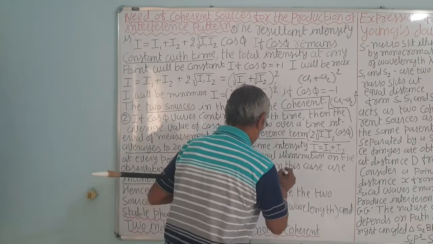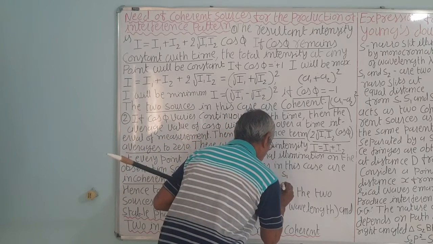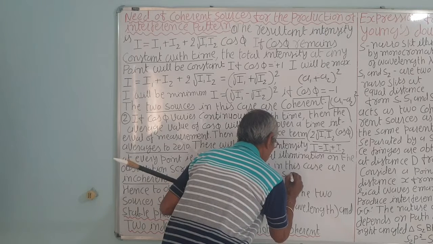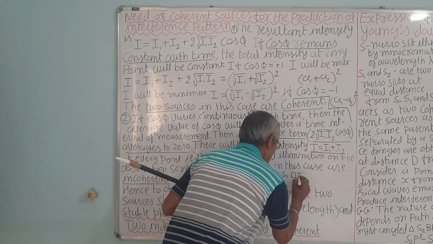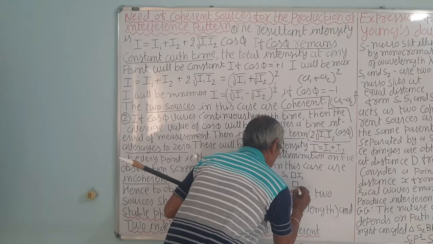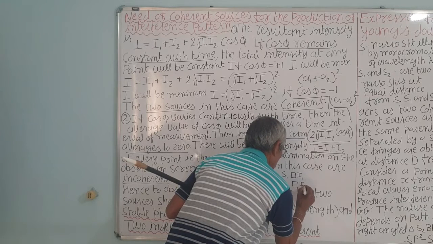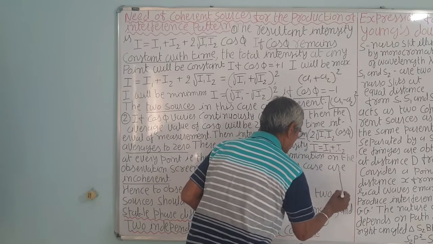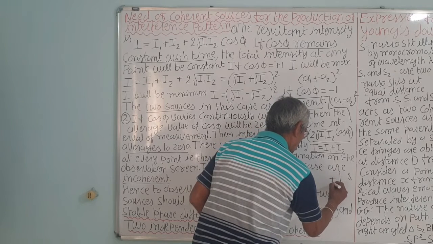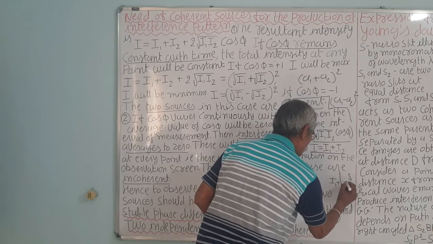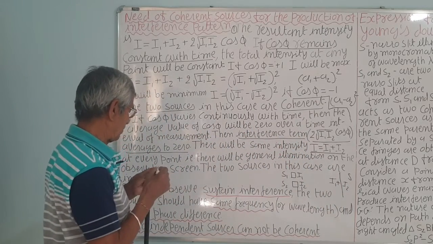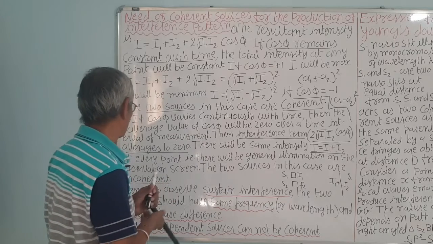So, suppose there are two sources S1 and S2. Suppose the intensity of this slit is I1, and the intensity of the light emitting from S2 is, say, I2. Then on the screen, say this is the screen S, the intensity will be just I1 plus I2, nothing else. So, it will be illuminated uniformly, you won't get the pattern, it will be washed out.